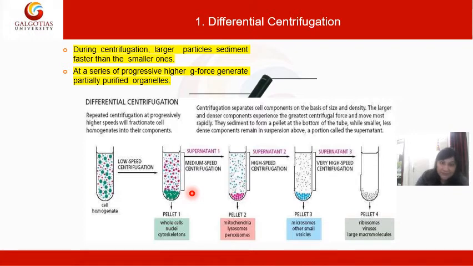What will happen? The second largest particles form a pellet. Over here you can see we transfer the supernatant into the third test tube and we get the second largest particles separated. Here the examples given are mitochondria, lysosomes or peroxisomes. Then during the third spin we get the third largest particles as a pellet, and finally we get the fourth largest, or you can say the smallest particles, in the last operation.